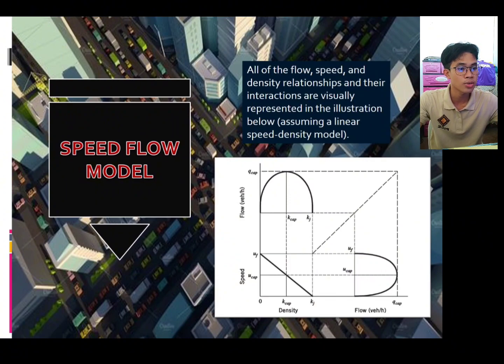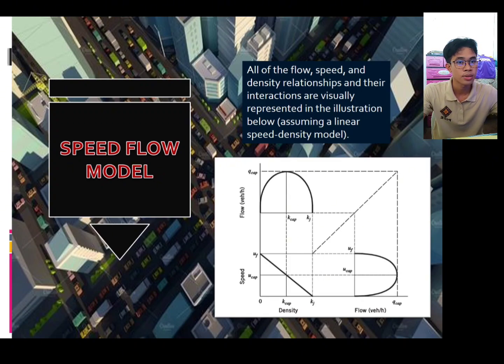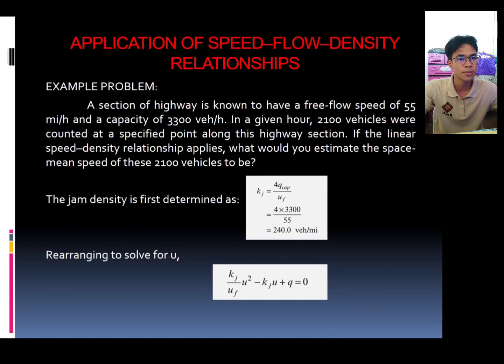The illustration below shows the visual representation of the interactions of the flow, speed, and density relationship. So we have here an example problem of the application of speed flow density relationships. A section of a highway is known to have a free flow speed of 55 miles per hour and a capacity of 3,300 vehicles per hour. In a given hour, 2,100 vehicles were counted at a specified point along this highway section. If the linear speed density relationship applies, what would you estimate the space mean speed of these